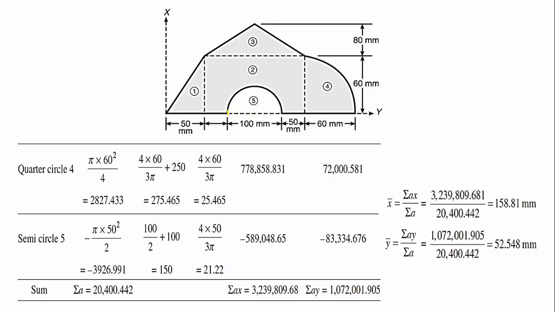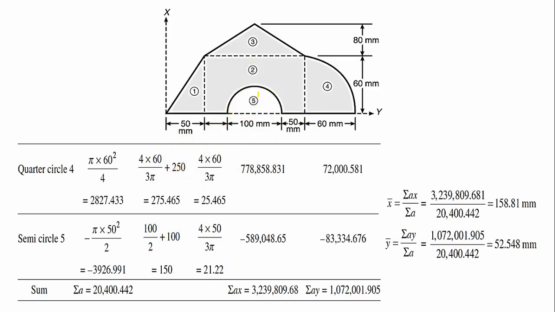Next, we will go for this semicircle. How to calculate for the semicircle now? If you see the semicircle, this is symmetric. So with respect to the reference axis, this distance is required. This total width is 100 mm, so this will be 100 by 2, that is 50, plus this remaining distance. This is 50 plus 50, 100. Therefore it is 100. So you will get the total distance from here till here.